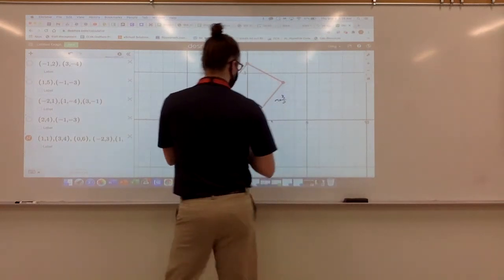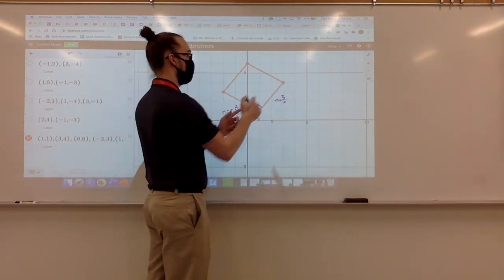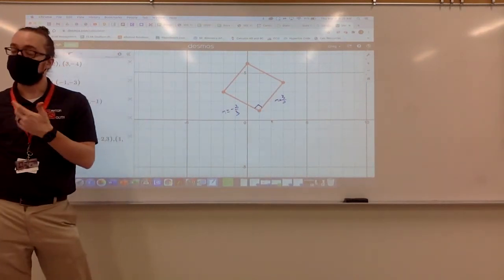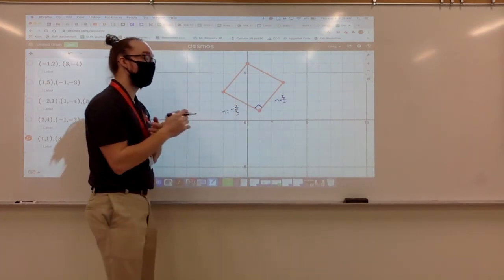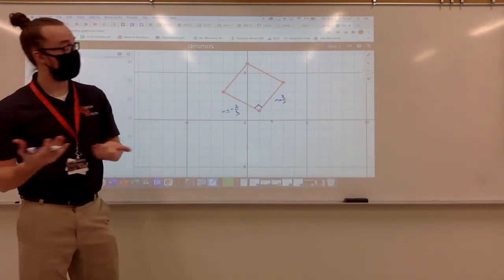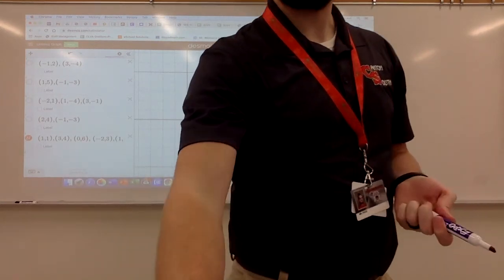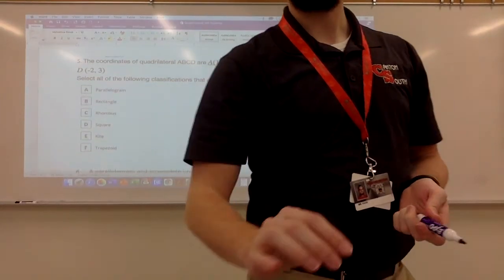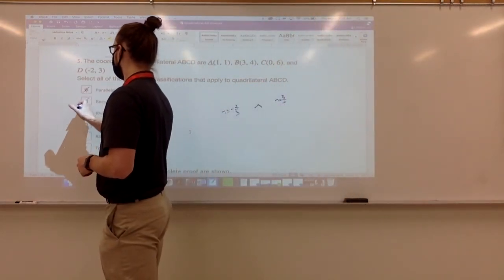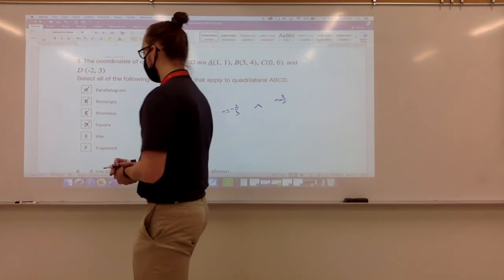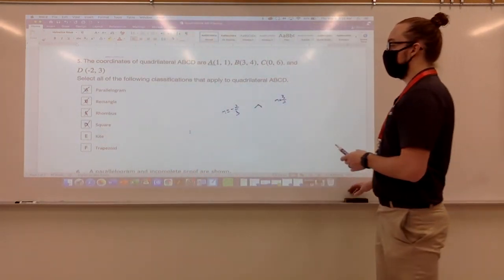Then we can even go one step further and find the lengths of these sides, okay? That would tell me then, since all 4 sides end up being the same, it is also a rhombus. If it is both a rectangle and a rhombus, it is a square, okay? So this one ends up being a parallelogram, rectangle, rhombus, and a square, okay? Then finally,